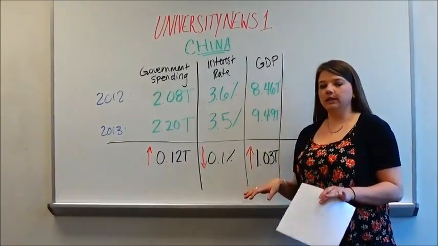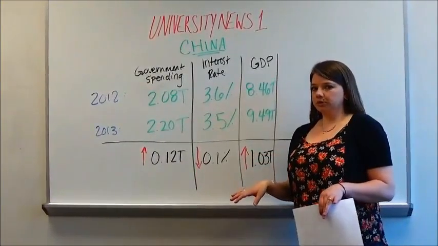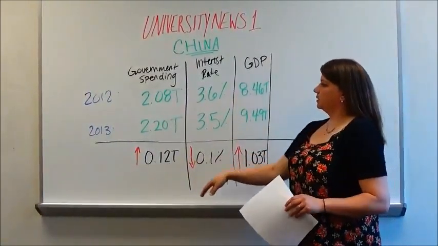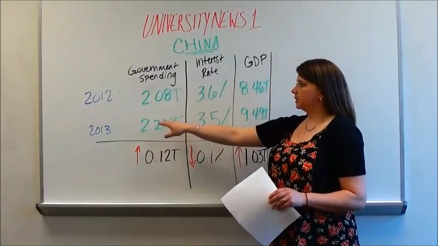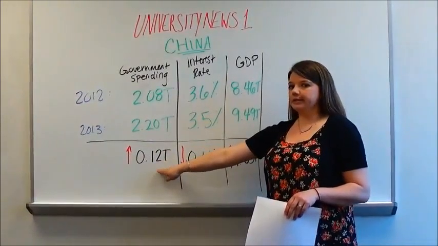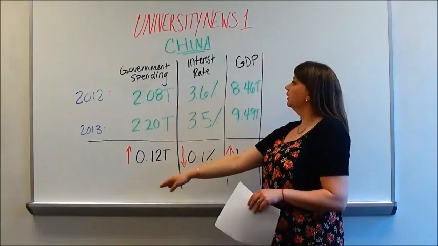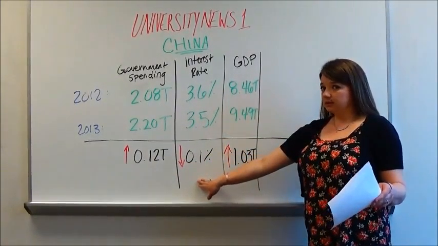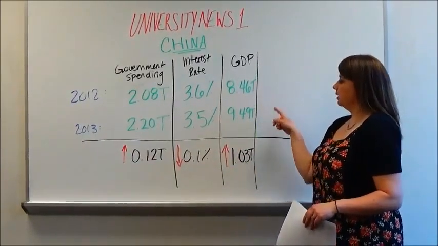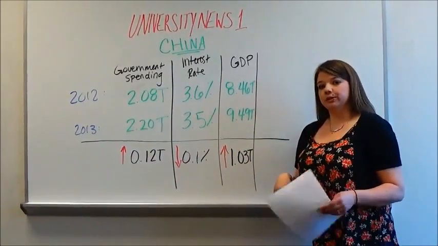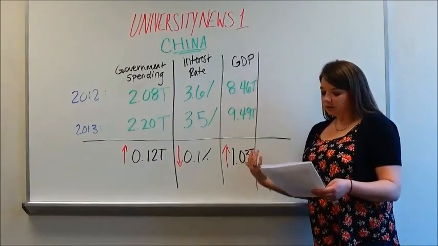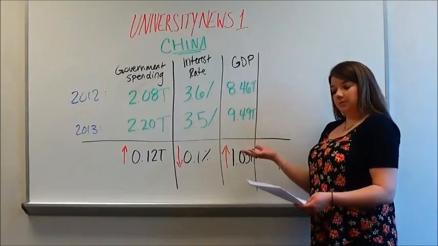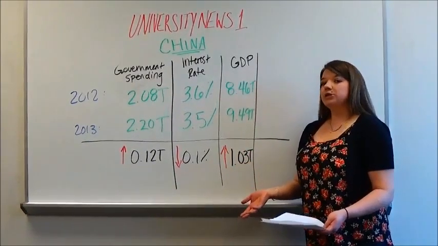So now we would like to look at each country individually, just on a closer scale. So right now we have China up here with their government spending. And as you can see, from 2012 to 2013 government spending actually increased by $0.12 trillion. Their interest rate did decrease, only 0.1%, but it's still a decrease. And then their GDP actually increased $1.03 trillion. So what does this mean? With increased government spending, a decreased interest rate, and the GDP going up, it actually creates expansionary fiscal